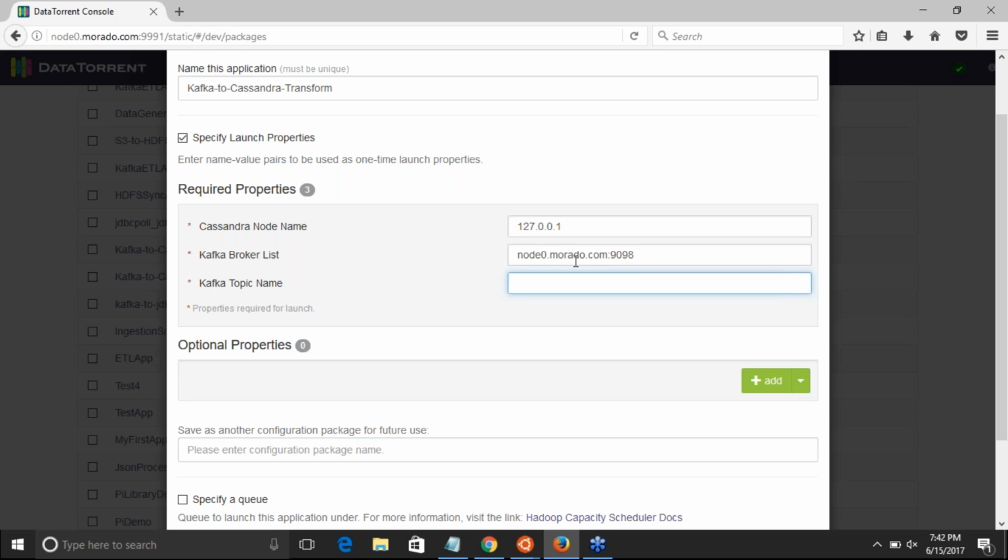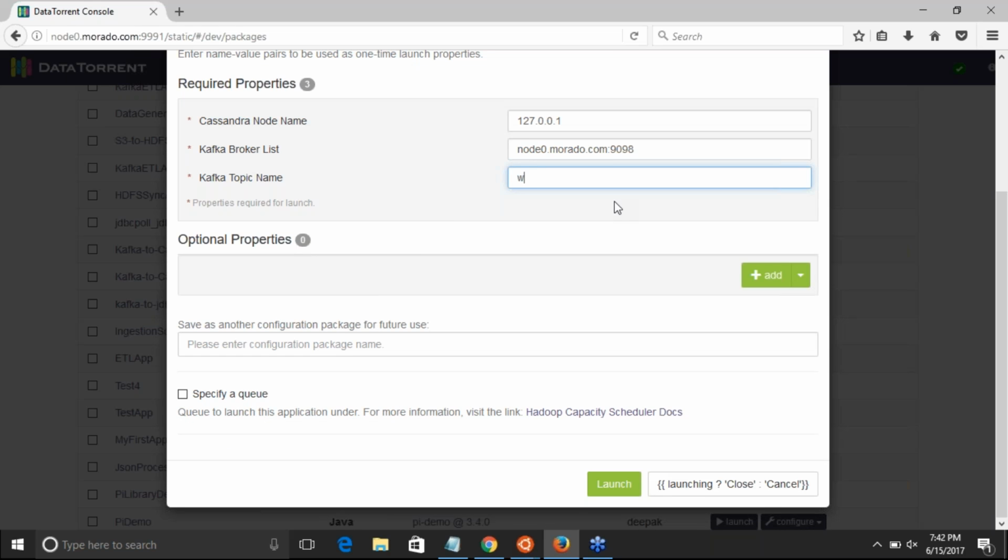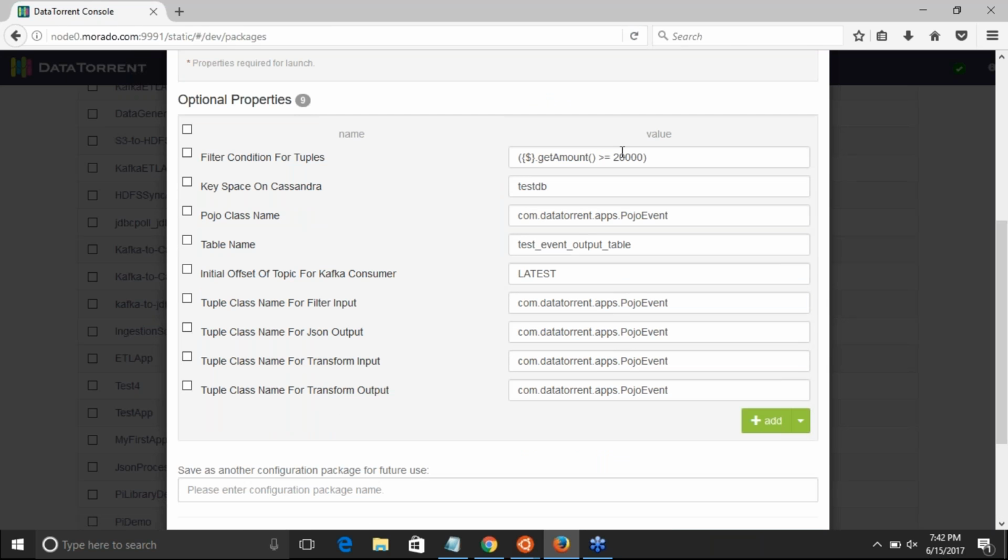So right now we'll go to that app. It is ingesting data from Kafka. Then it will parse the JSON. It will apply some filter condition. I have provided some filter condition, so I'll just show you. And this is the Kafka topic name. I have created a webinar demo Kafka topic in the Kafka cluster, and I've provided the filter condition that if the tuple has amount greater than 20,000,